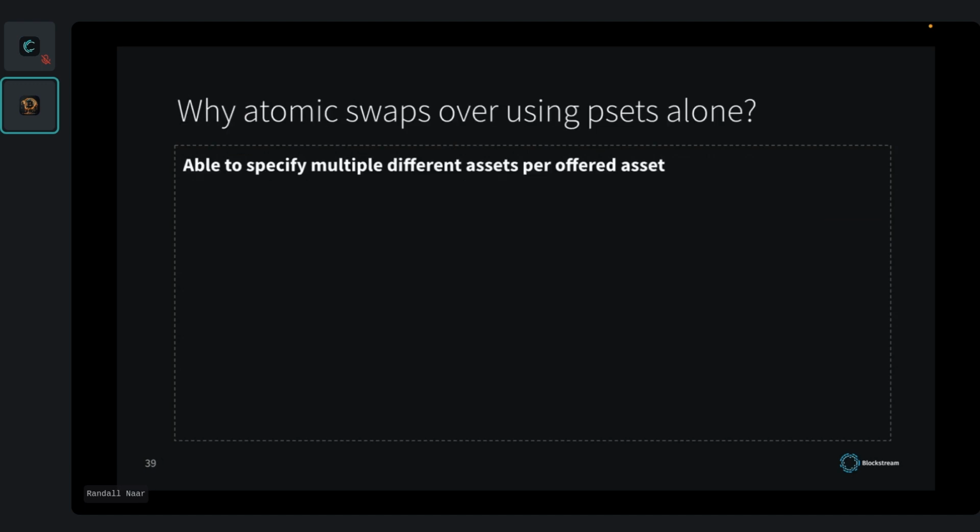So this is part of a couple other notes I wanted to make before I go into the code, which is why a covenant-based approach may be taken for atomic swaps, and some constraints that bind both the PSET and covenant-based approach. So one reason why you might consider doing these atomic swaps over PSETs, at least the way they're presented with inscriptions, is that